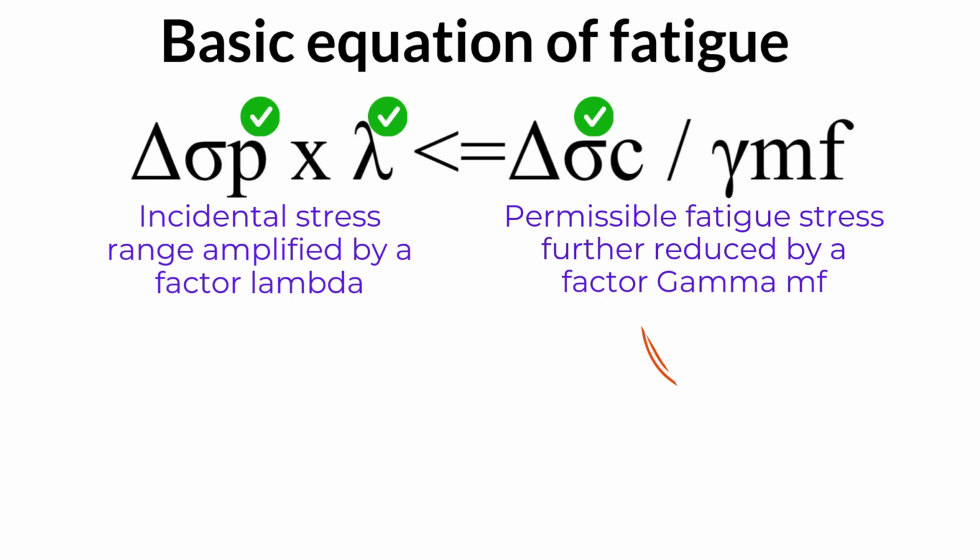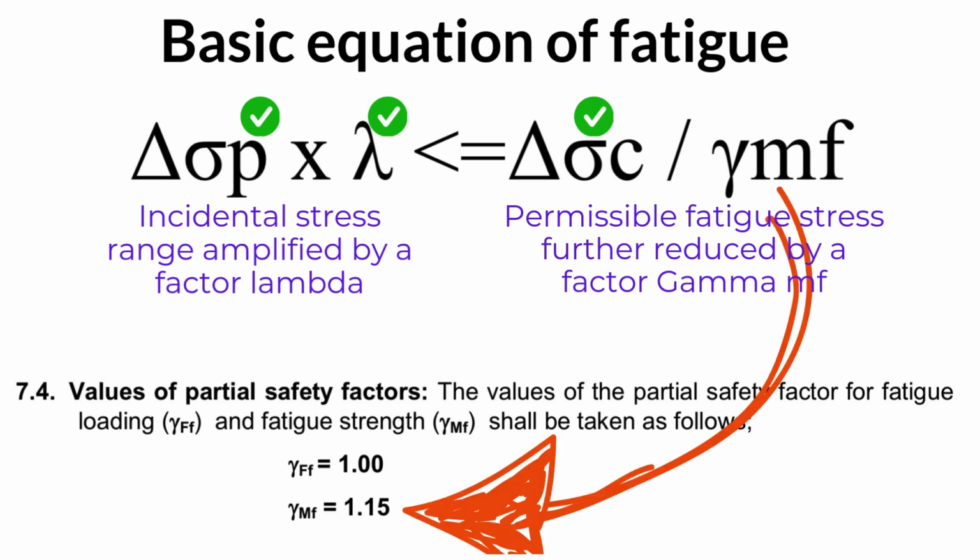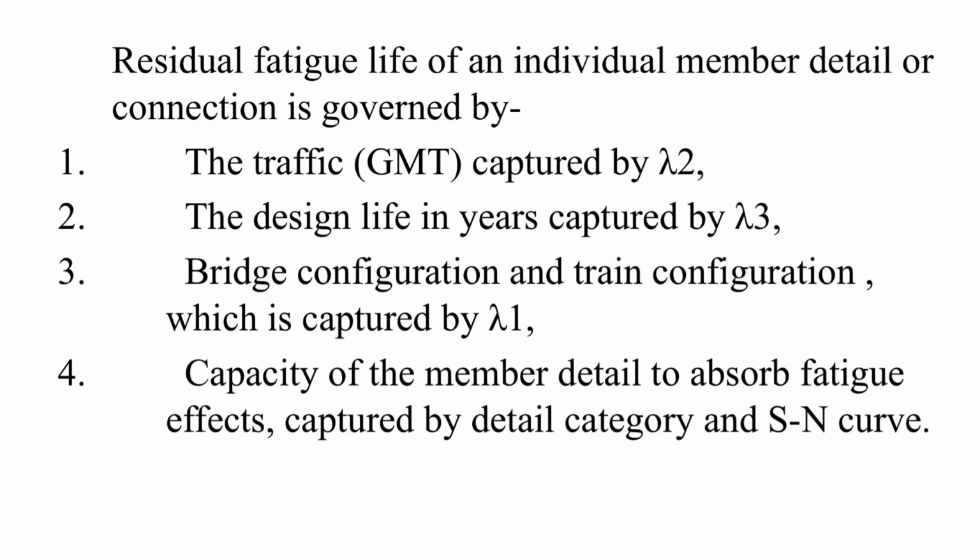The next and last factor is Gamma MF. As per IRS Steel Bridge Code, the value of Gamma MF is taken as 1.15. Gamma MF is basically the partial safety factor for fatigue strength. The point to be observed here is that the residual fatigue life of a bridge is dependent upon the volume of traffic, the design life in years,